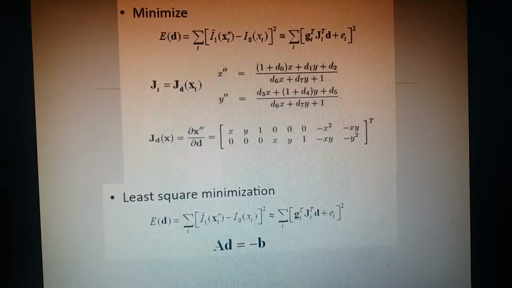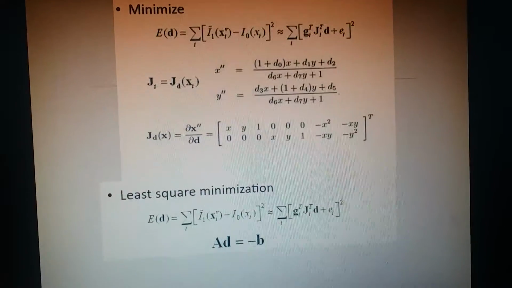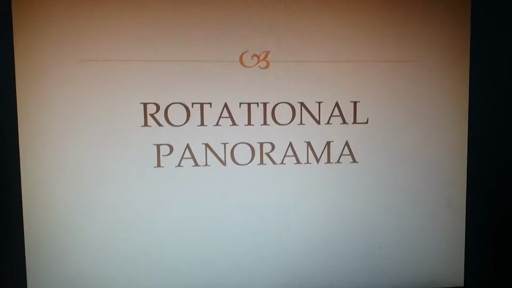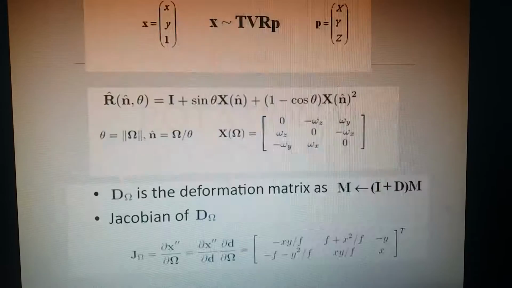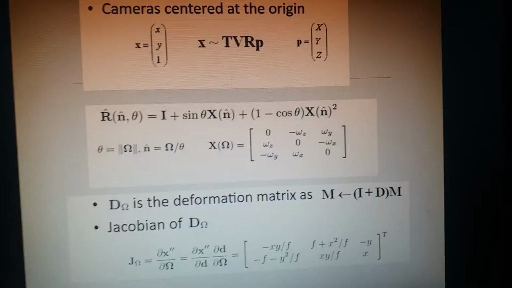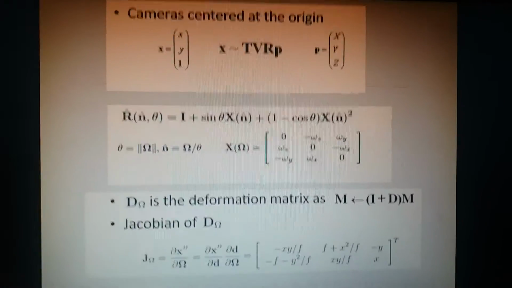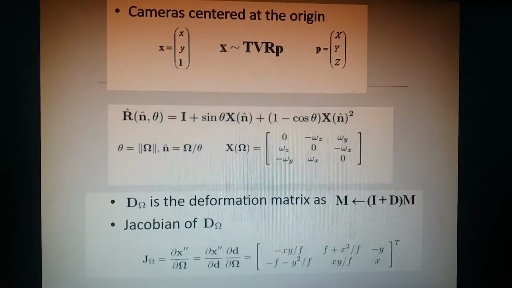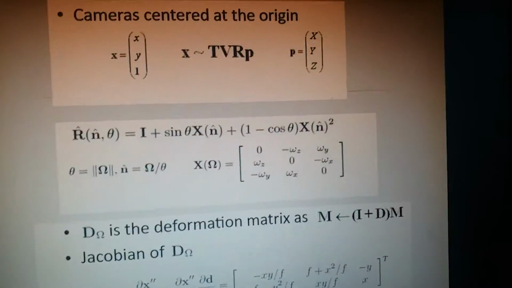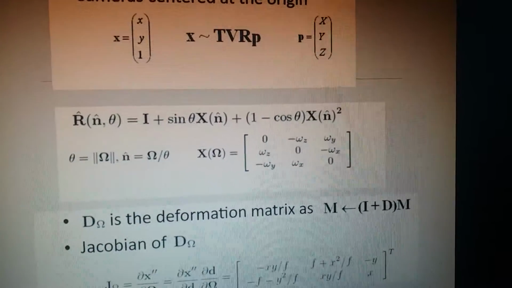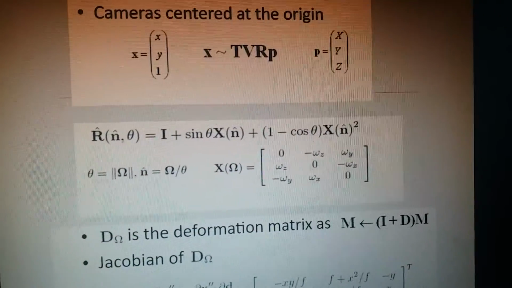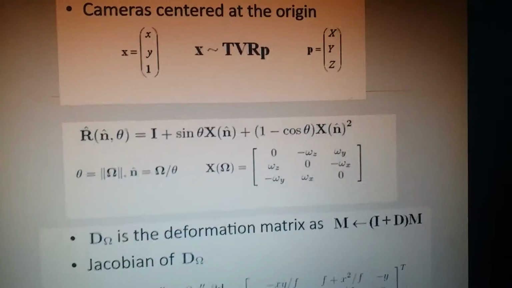So these are the basic mathematics that we're going to use. Over here we'll be using the Jacobian series to overcome the distortions. Right now we'll be talking about rotational panorama. Rotational panorama usually has basically three parameters: the angle about the x, y, z axes. So this reduces the calculations when compared to the perspective panorama. As you can see, we are assuming that the camera is at the center, at one point, at the origin basically, and then we will be doing most of the calculations.